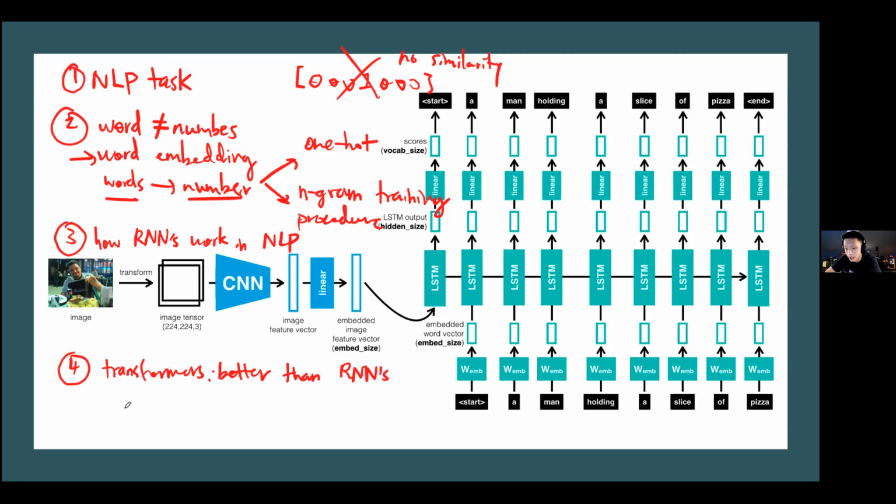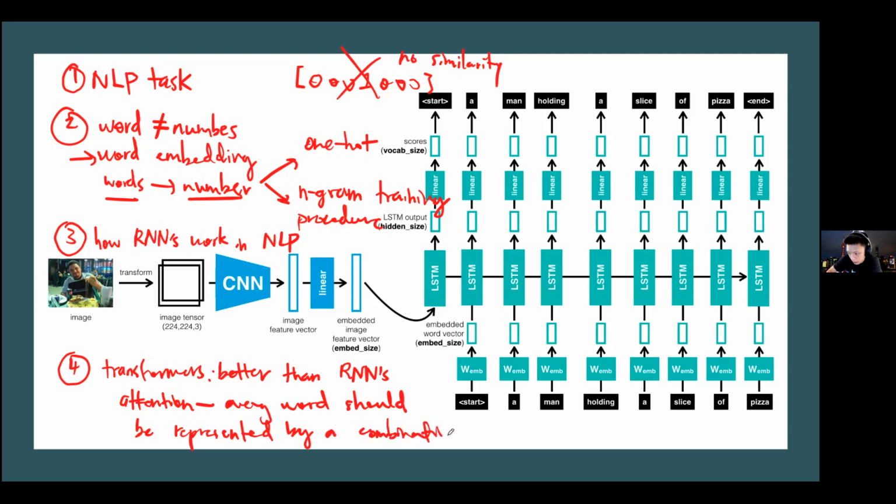And the big idea here is this usage of attention, where the fundamental concept is that every word should be represented by a combination of others. So your model would basically learn what words are important to formulating what representations to solve the task